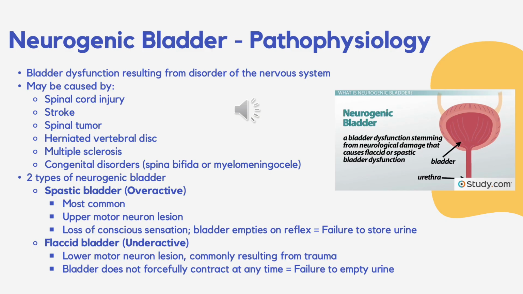flaccid bladder. So in patients with a spastic bladder, the inability to regulate bladder activity means that it empties again on reflex, usually at inopportune times. So this lack of storage function makes it really challenging for patients to be able to maintain their continence. And on the other hand, patients with a flaccid bladder, which again is the inability of the bladder to contract, leads to chronic retention. So overflow incontinence can occur whenever the bladder becomes overly distended. And because sensory input is usually impaired, patients may not realize their bladder is full, which again can lead to